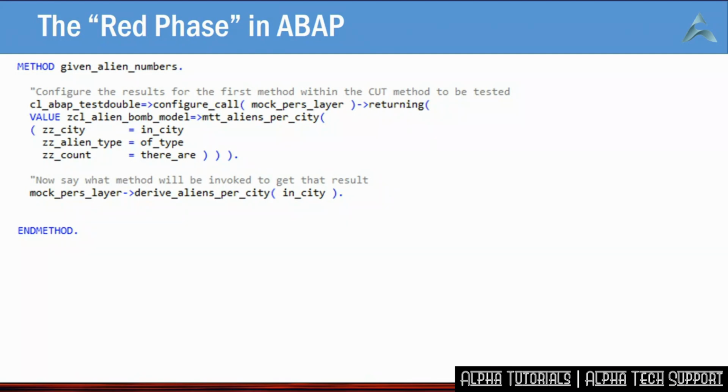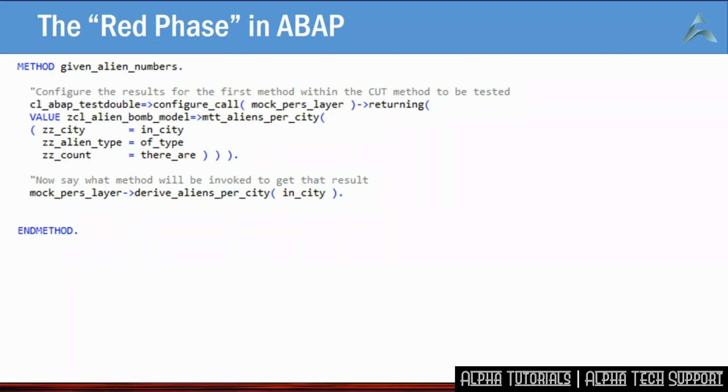Again, you notice here, I'm trying to make it all read in English. It does sound a bit like Yoda, everything being backwards. Like, in City London, of type Eater, there are 5. That's the way he speaks. That's the way I write my unit test as well.